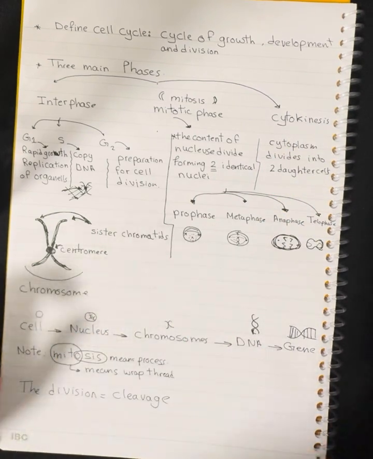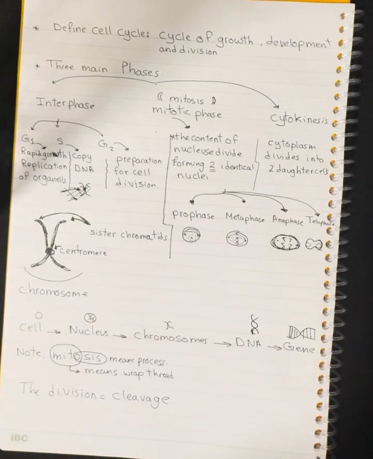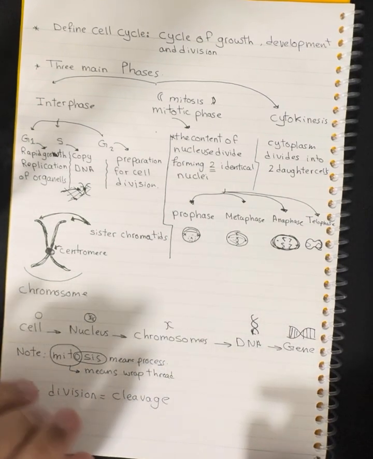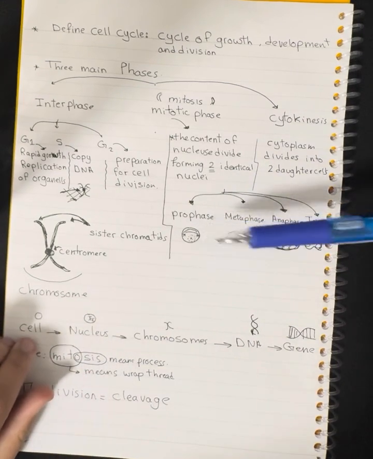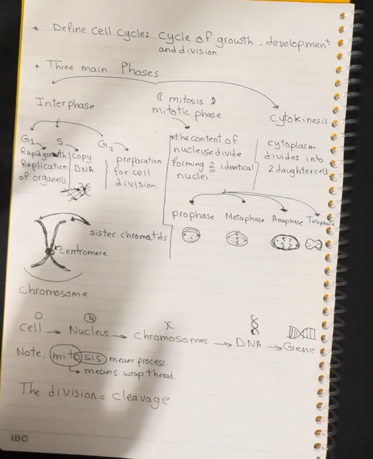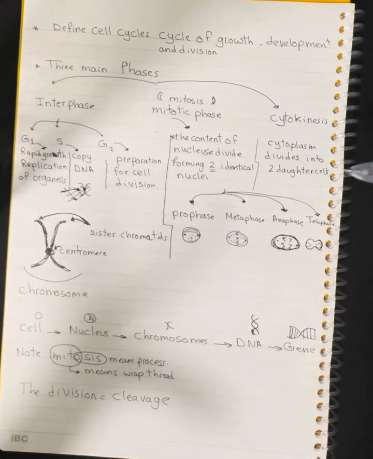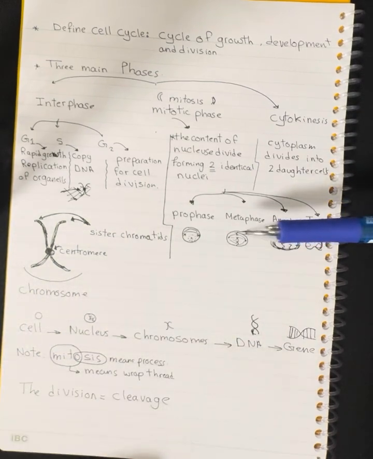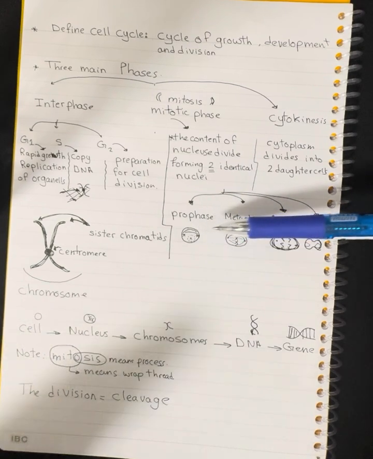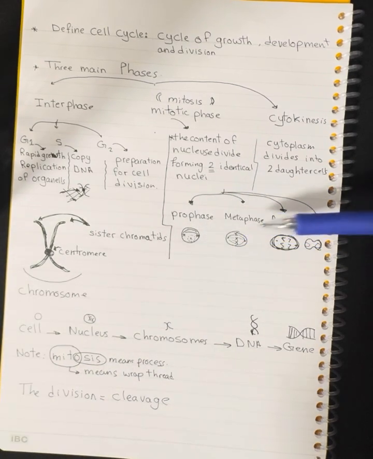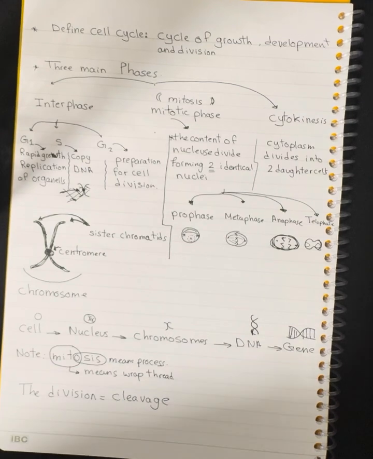Once again, chromosomes condense. If you're asking what they condense from, they condense from chromatin, which is the unwound version of chromosomes. So chromosomes condense, the nuclear material, as I said, the nucleus, nucleolus, and nuclear envelope, all breaks down, and spindle fibers form. Spindle fibers play a huge role in the upcoming stages.